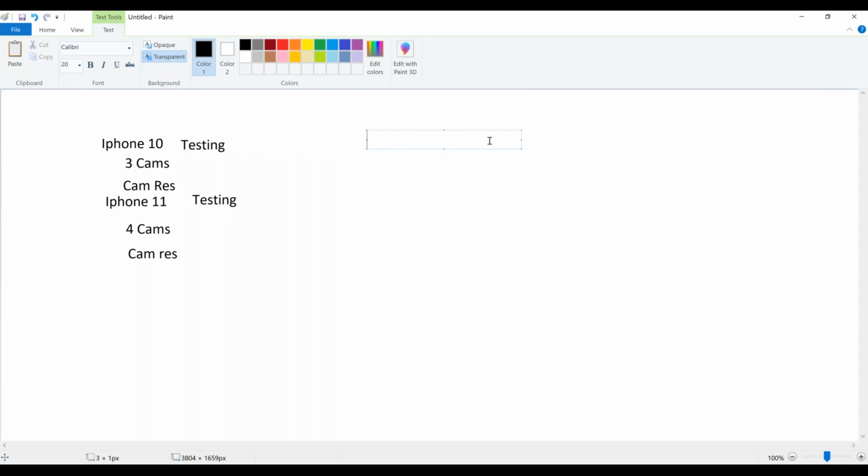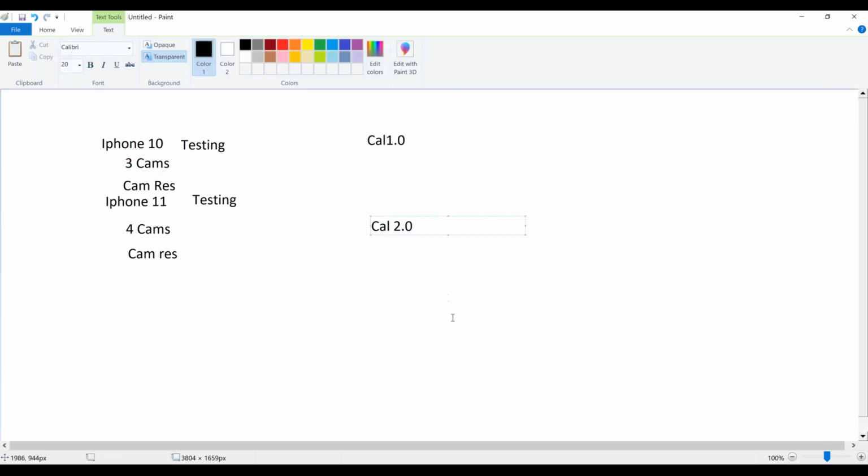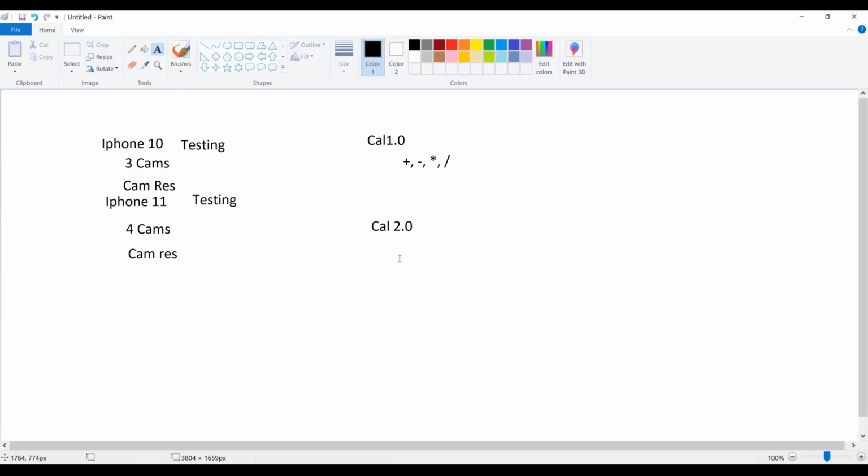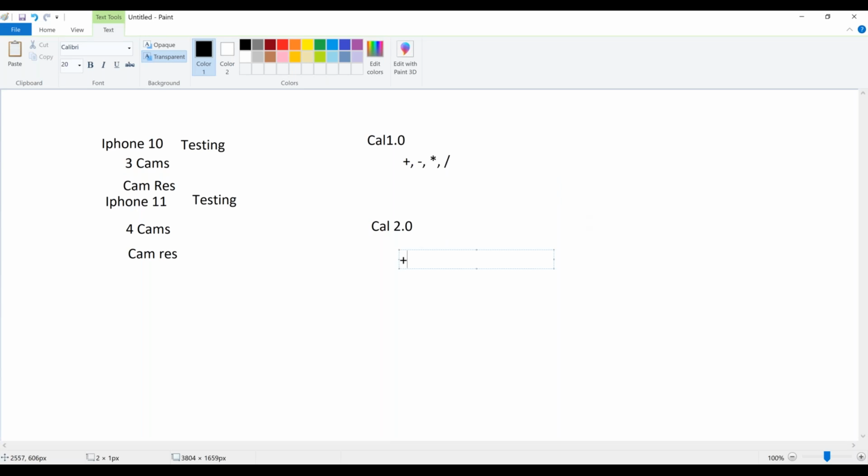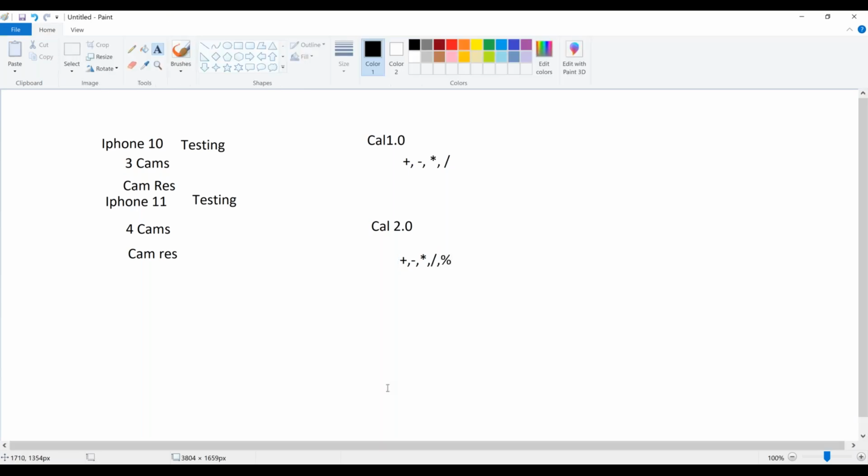So similarly, you have calculator 1.0, and you have calculator 2.0. So in calculator 1.0, you currently have plus, minus, into, divided by. So what they have done in calculator 2.0 is they still have plus, minus, into, divided by, but they added some new option called percentile.